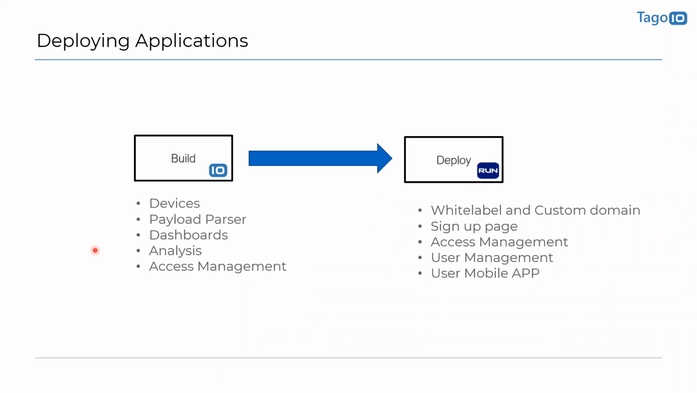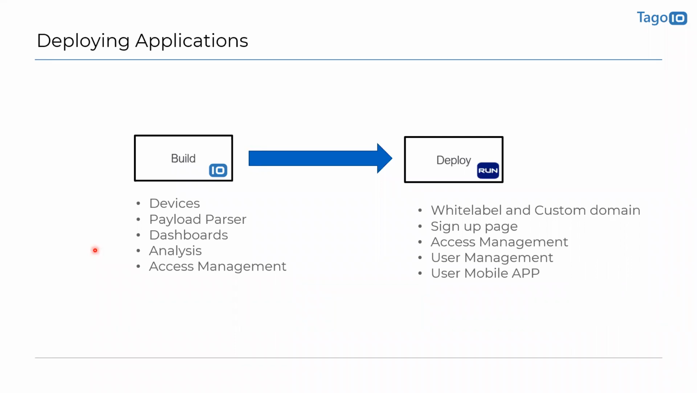So regarding deploying applications, the first step when you enter Tago is to have your devices ready and working with the payload parser. You also need to have dashboards to visualize the data from your devices. Next thing is to create your analysis, to automate your application for creating devices automatically with given tags, or just